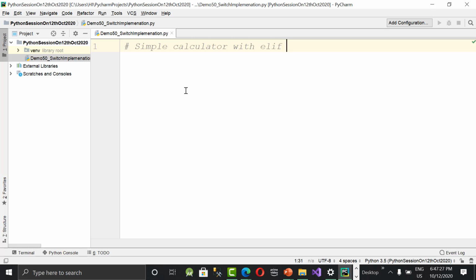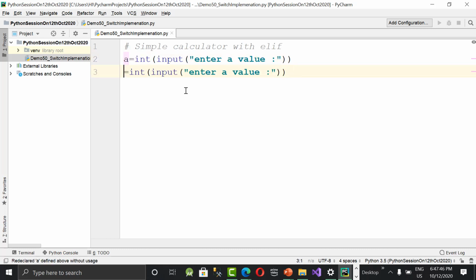We are asking for two numbers from user first by saying a equal to input of enter first number. Okay, after reading a value, we have b value now. Asking for b value, enter second number. So both are ready. After reading two values, first of all, we are showing the available choices to the user